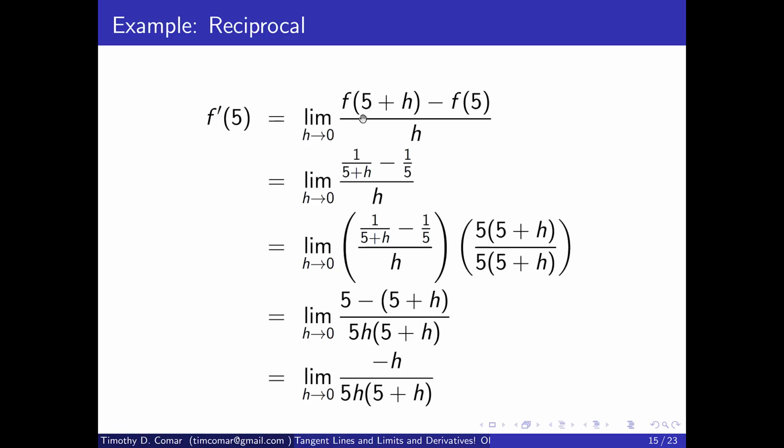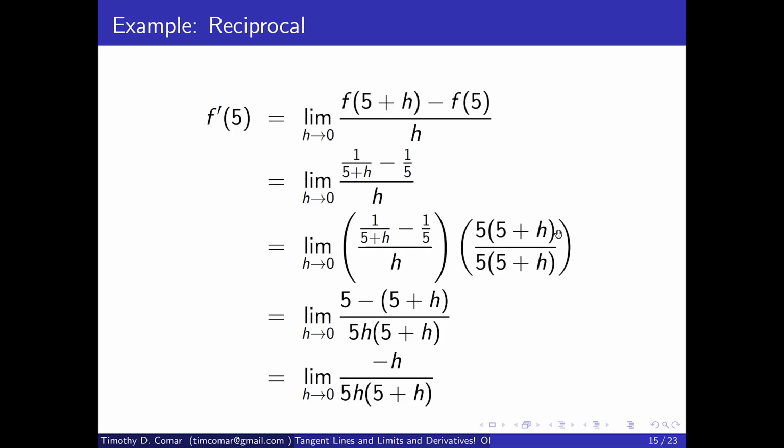So we're now going to first substitute 5 plus h into the function. So we get 1 over 5 plus h. And then f of 5 we already had as 1/5. Now here is going to be our technique when we are dealing with these fractions over fractions and these limit calculations. In the numerator here, we have a least common denominator of 5 times 5 plus h. So we are going to multiply both the numerator and denominator by that least common denominator of 5 times